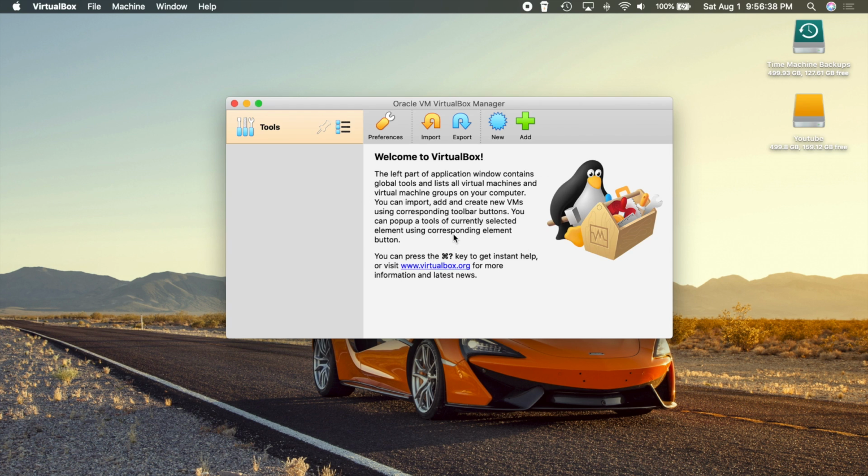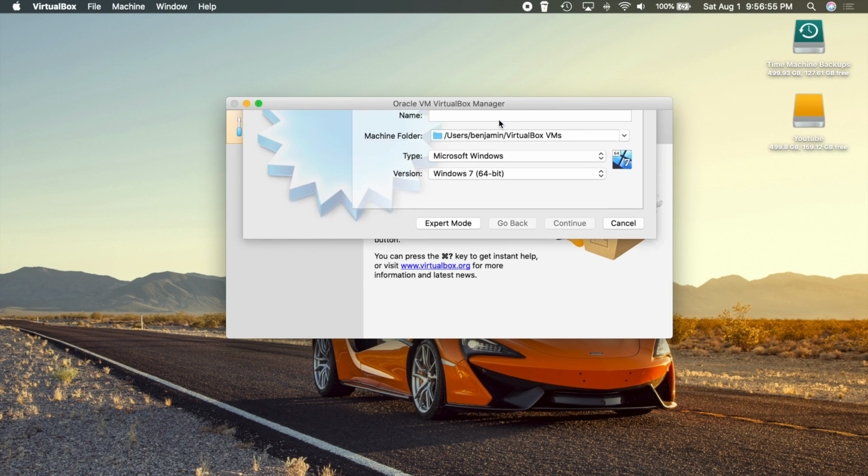So this is version 6, so it looks quite a bit different than the version I did in my previous installation video with version 19. So you can see they've changed some icons up here, but it's pretty much the same menus and stuff. So what you want to do is click on the new button,